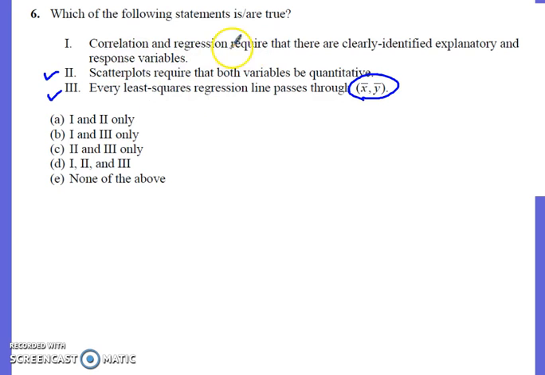iffy or misleading. Correlation and regression require that there are clearly identified explanatory and response variables. Correlation does not. Remember, if we switch the x and y, you end up with the same correlation. If you did the least squares regression line of L1, L2 or L2, L1, the correlation, the R value stayed the same. So that is what makes that not true. Regression, yes, you need to know which one goes on the x-axis, which one goes on the y. Correlation, you do not. You can find out the strength of their relationship without knowing which one is x and